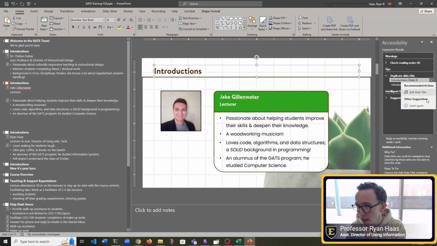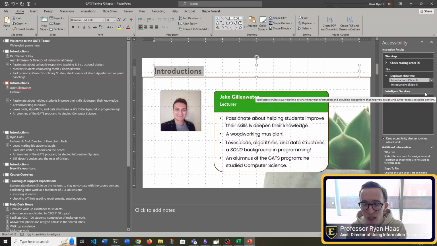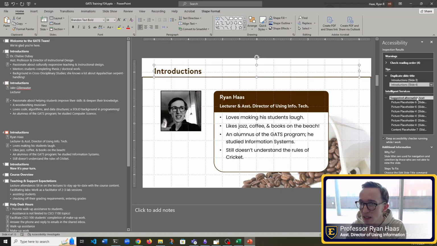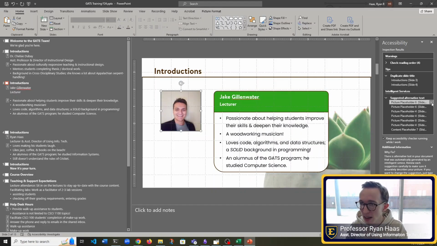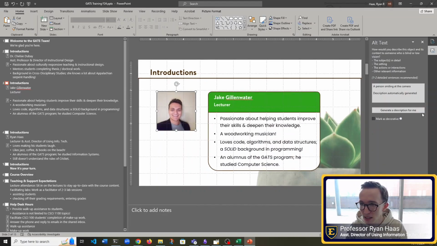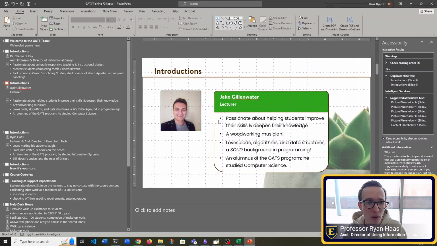And then I'm going to make sure that these have alternative text. So let's change this. And you can click generate a description for me, but they're usually too verbose and they're not going to be as accurate as if you choose one for yourself.